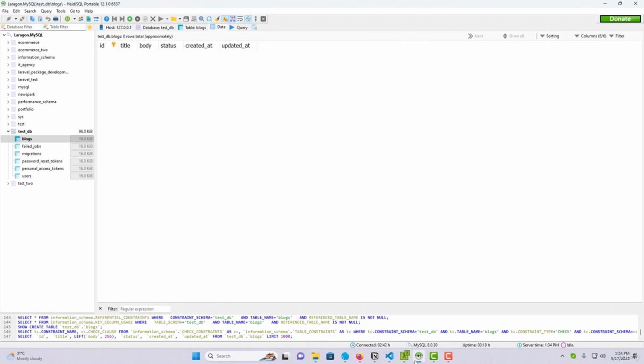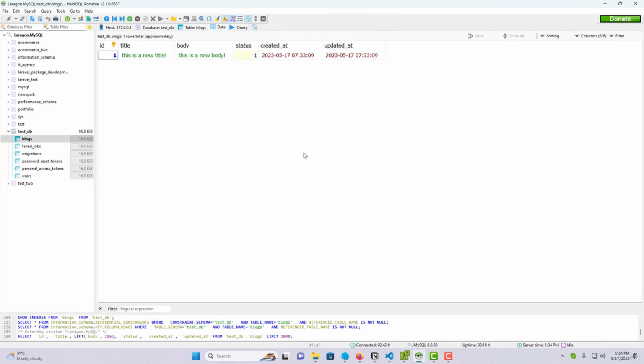Okay, let's go to the database manager and give it a refresh, and here as you can see, in the data tab we have a new data. Got it? So we successfully created the data via an Eloquent query. Okay, so that's how easily you can create data